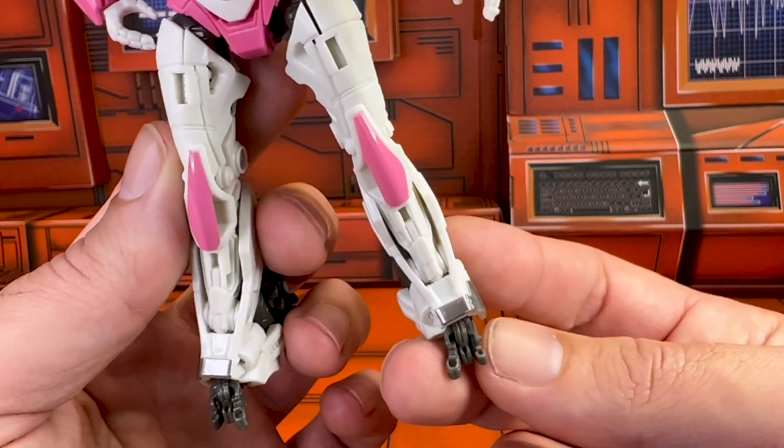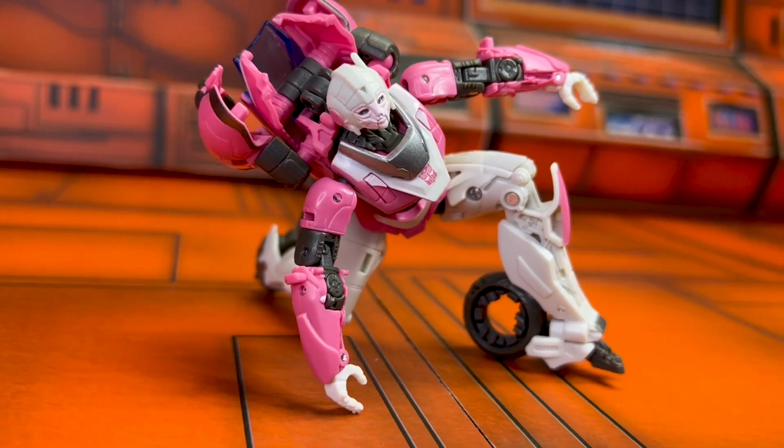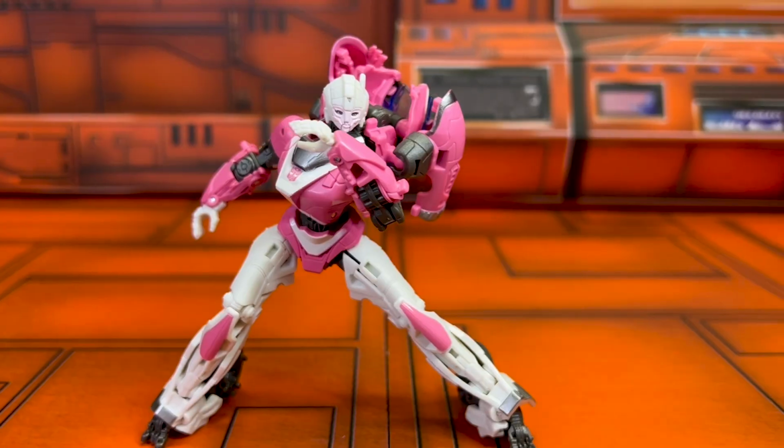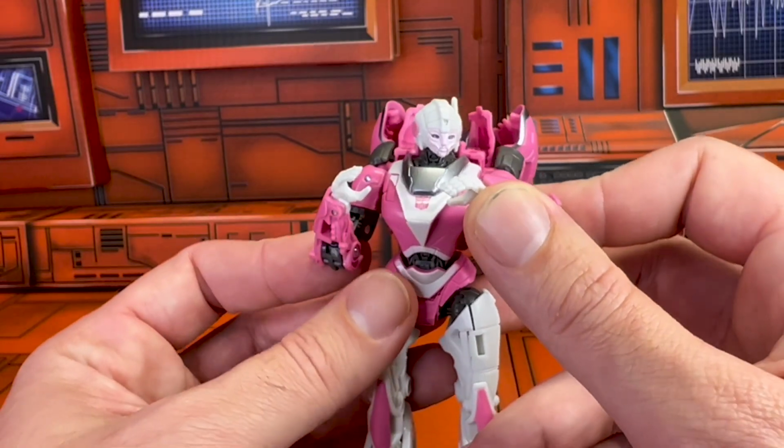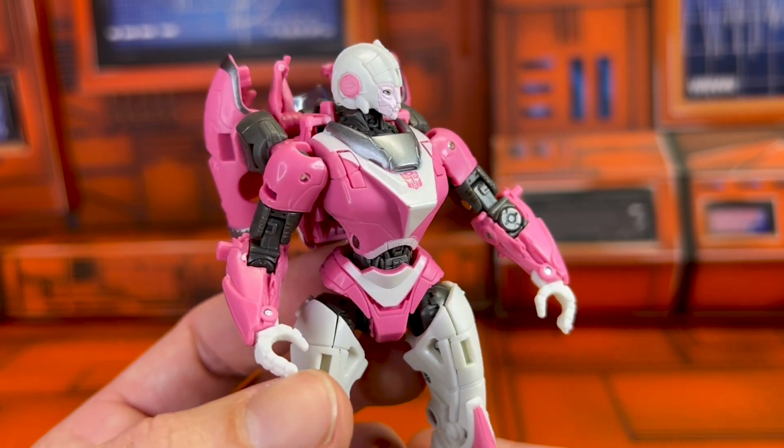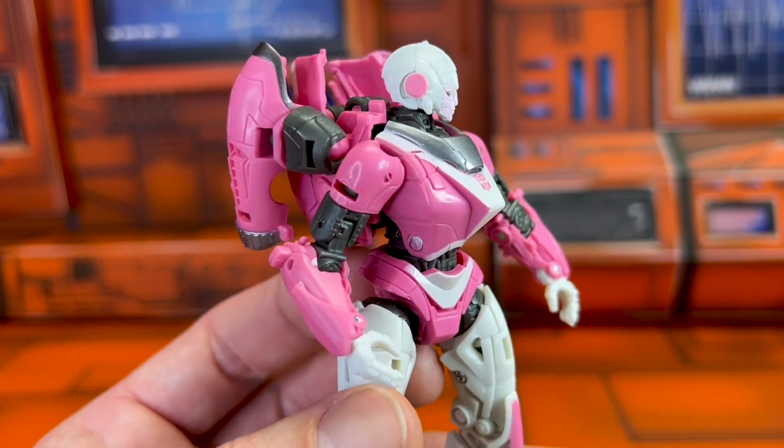They're more toe-ish than regular toes, potentially. All in all, it means she can throw some incredible shapes and you can achieve some incredibly dynamic action poses out of this figure. I've said it before, but I think one of the best things about the Bumblebee Studio